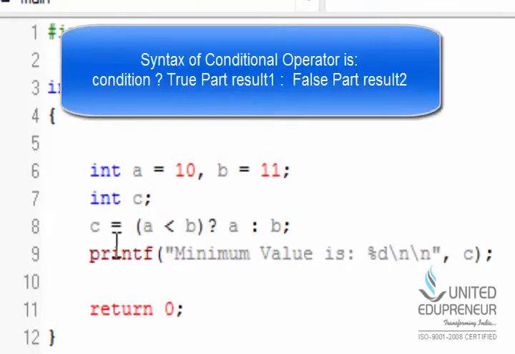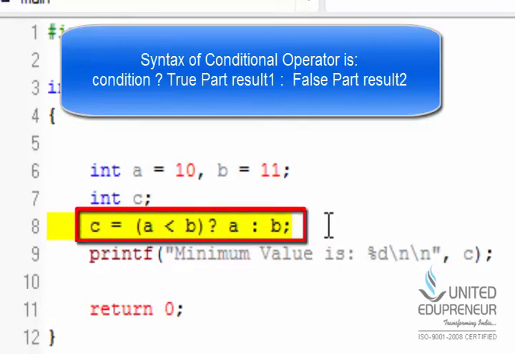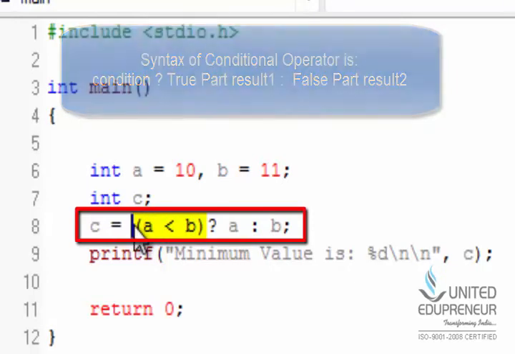Now this is the syntax of the conditional operator. The conditional operator always returns a value. It takes three arguments. The first argument is the condition. Here I have given the condition a less than b.